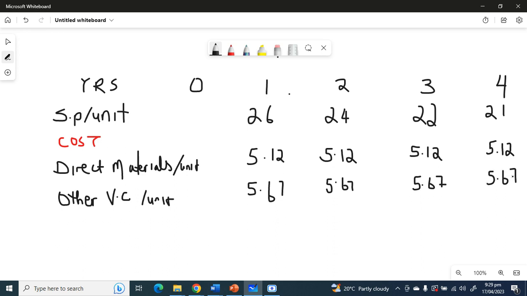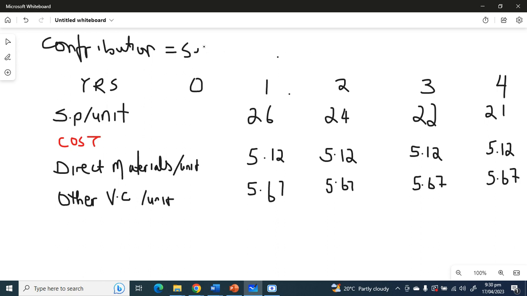So what's happening right now is first we're going to tabulate our variable costs and deduct them from our selling price, and we're going to get what is called contribution. Right, contribution equals the selling price minus the variable costs. That amount you remain with is supposed to cover your fixed costs. All right, contribution is the money that is used to cover your fixed costs.